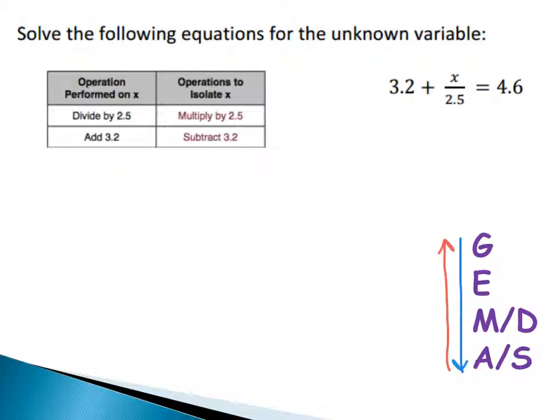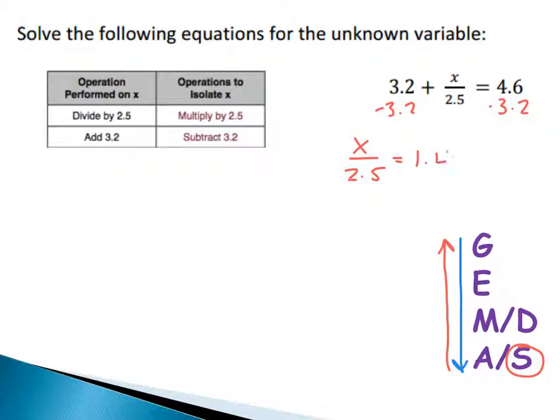But we're going to start from the bottom in this case. I see that I have 3.2 that I'm adding to it. So I'm going to start down here, and I'm going to undo my addition by subtracting 3.2. So I'm going to start at the bottom of this list and start by subtracting 3.2 to both sides. That's going to leave me with x divided by 2.5 equals 4.6 minus 3.2. That's going to equal